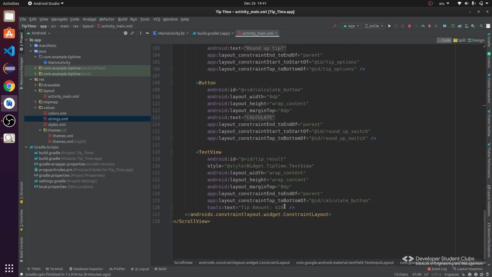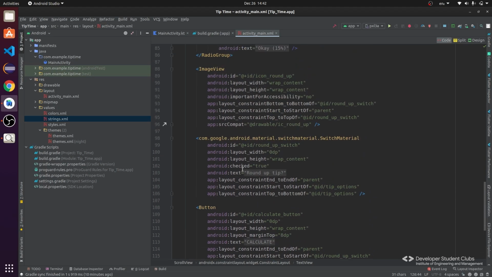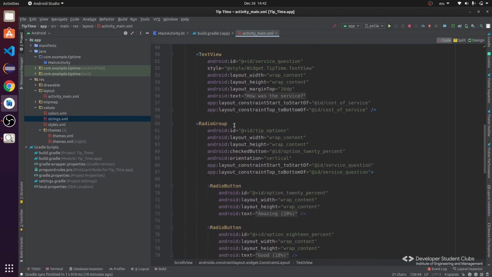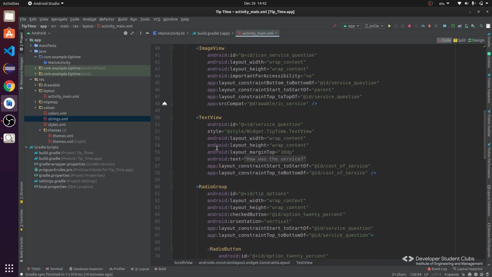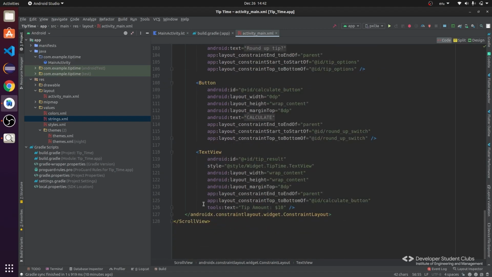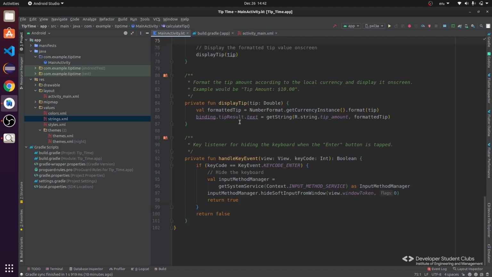So here, instead of the tip amount $10, what we can do is keep it, because tools:text is visible only to the developer who is designing. When you run this application, this tools:text will not be visible. The android:text is visible, wherever we use the text view, we have used the android:text. So this is visible, but the tools:text is not visible. It's just for designing while you are developing the application. So this is all about the thing, and it displays the